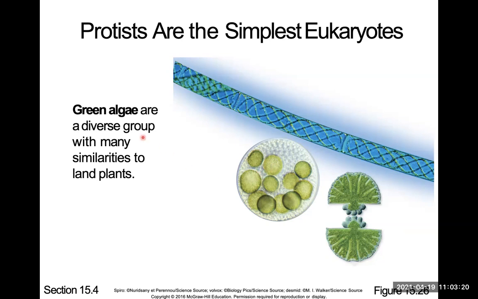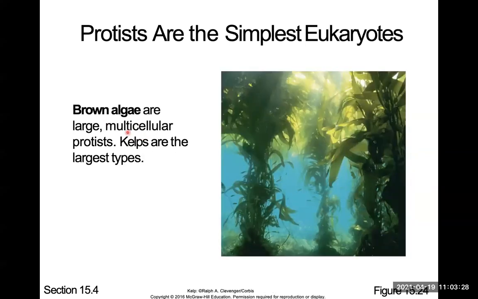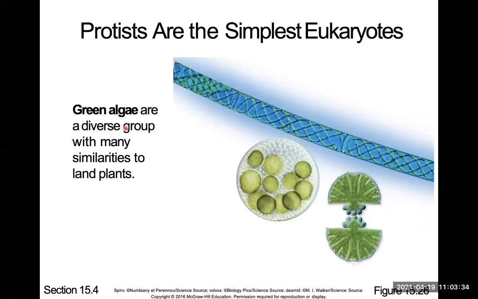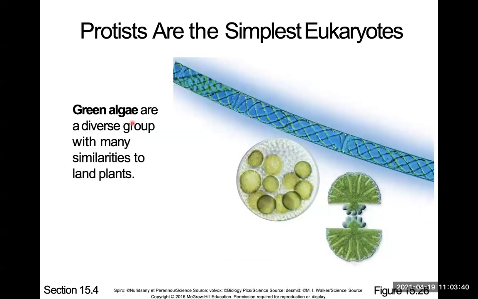Green algae are closely related to brown algae. Actually, I take that back. Brown algae are closely related to diatoms. Red algae and green algae are closely related, but green algae is distantly related to brown algae. So if you were to group them together. I want you to know the name for this, Volvox.